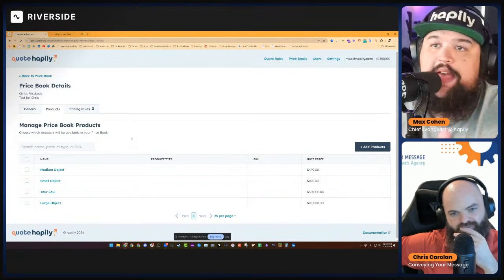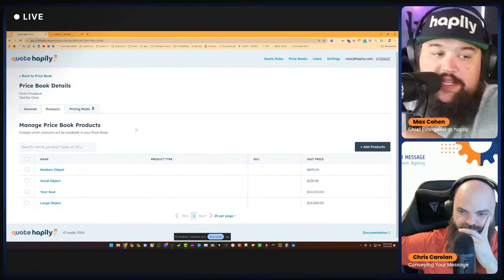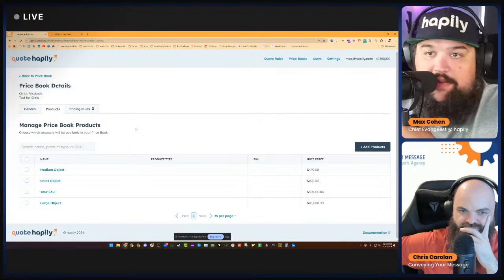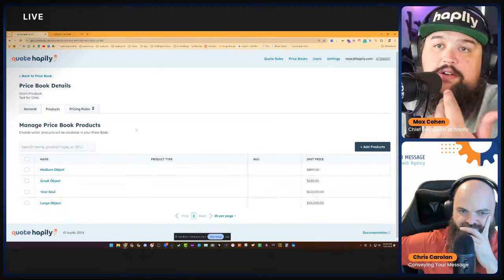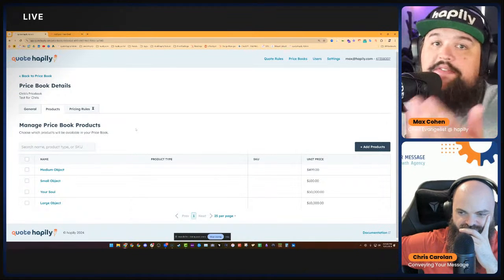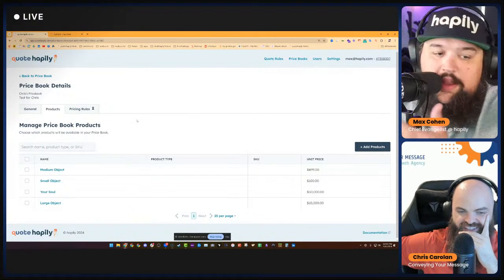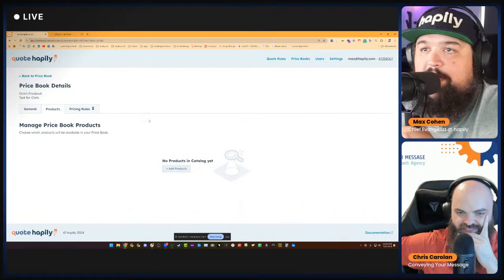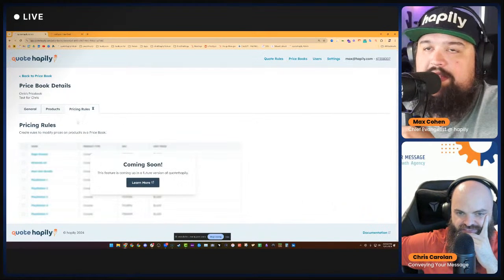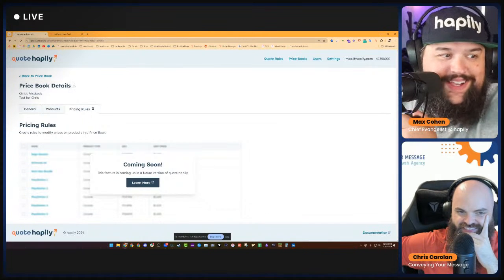But on top of that, this also really solves for the whole idea of, hey, we've got 5 business units and 6 different sales teams, and they don't all sell the stuff that's in there. We want to basically enforce that they are given the option to quote the stuff that they're actually allowed to sell and not have to sift through everyone else's stuff. Right. Yeah. That's the whole idea. So pricing rules inside of price books are going to be ridiculous. And once we have this done, which is going to be in the next couple of weeks, this is going to be like full everything you need for price books.